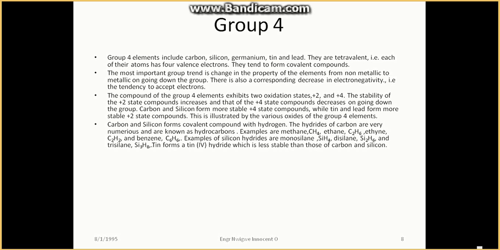SiH4, disilane Si2H6 and trisilane Si3H8. Tin forms a tin (IV) hydride, which is less stable than those of carbon and silicon. Carbon does not react